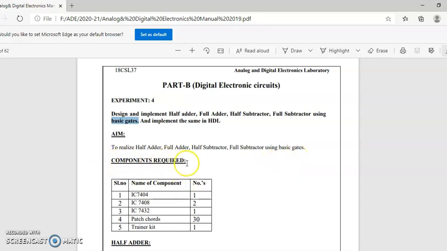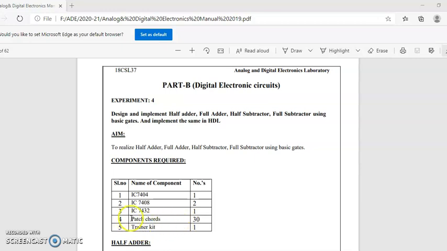So, these are the components required in order to do it on real hardware. But now we'll be making use of simulation, and there is a small change, because when we are realizing with a NOT gate and AND gate, for every gate we require one component of 7404 as an inverter. But in the real components, you will get 6 inverters in one IC, so we are making use of one IC over there. 7408, 2 ICs. 7432, 1 IC. We will be using patch cards. More patch cards are required in order to realize this experiment, along with the trainer kit.